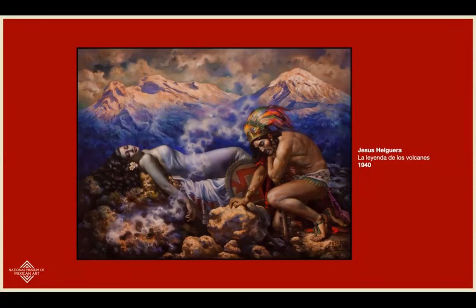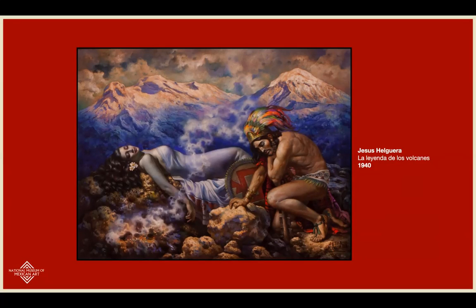And during the time that Popocatépetl, the warrior, was away at war, somebody leads the young woman to believe that her beloved had been killed. Now, when Iztaccíhuatl, which was her name, learned about his death, or at least she thought he was dead, she becomes very sad. And the story goes on to say that eventually she dies of heartbreak, only for the young warrior to return alive and well, right, since he really was not dead, and find her lifeless body on the